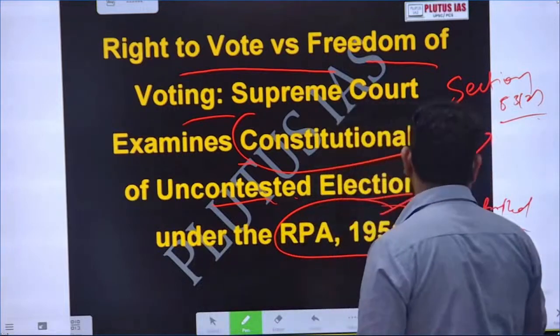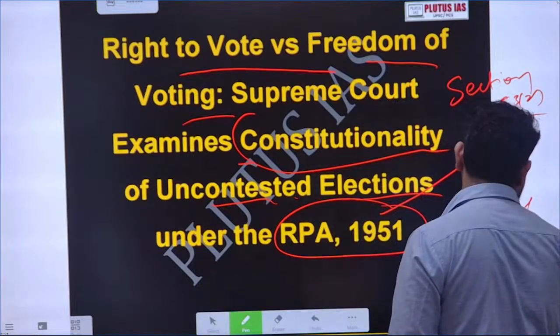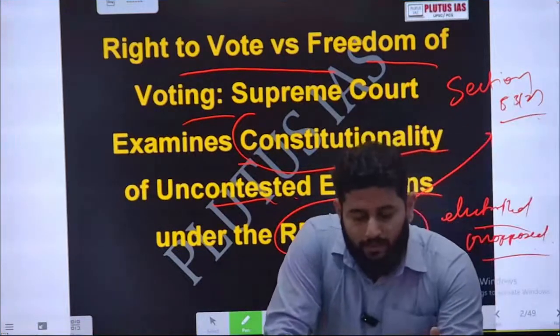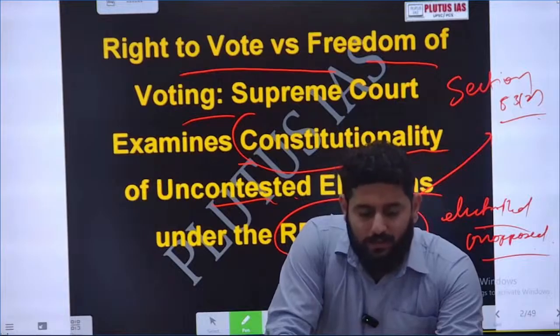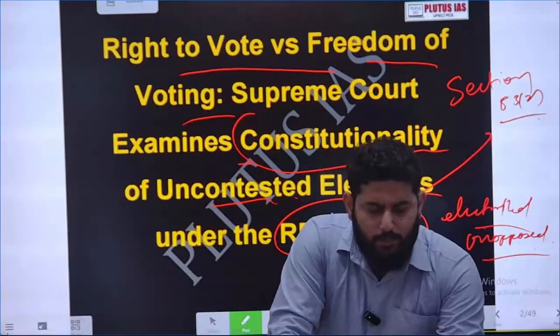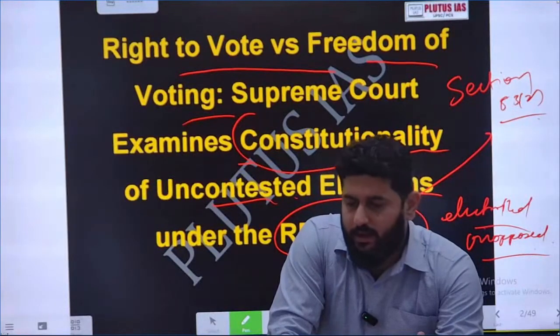What is elected unopposed? It is when the number of candidates equals the number of seats. This case has gained prominence